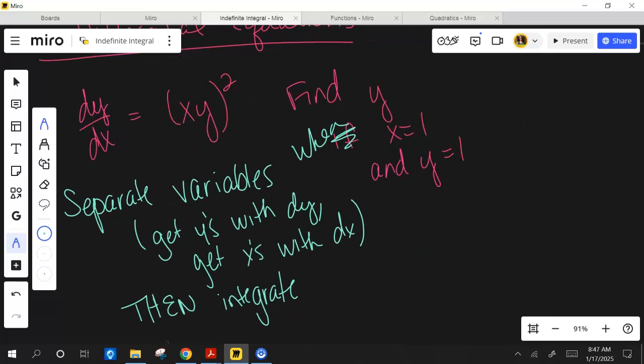So if you look at this equation, somebody said distribute that exponent, and you could. So I have dy dx equals x squared y squared. If I multiply both sides by dx, I have dy